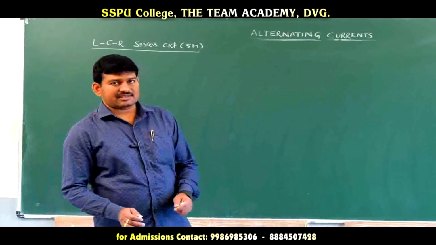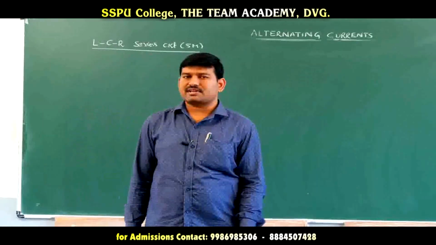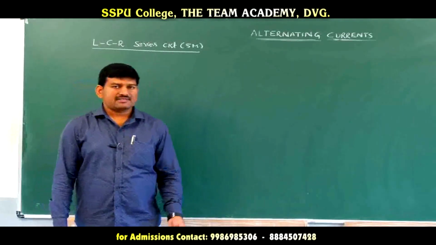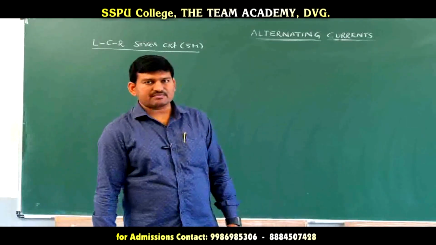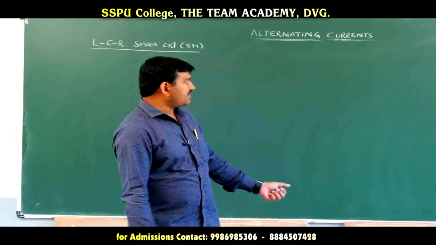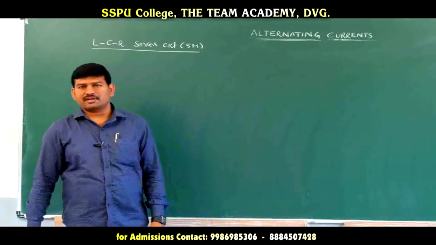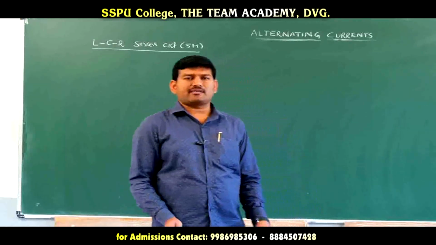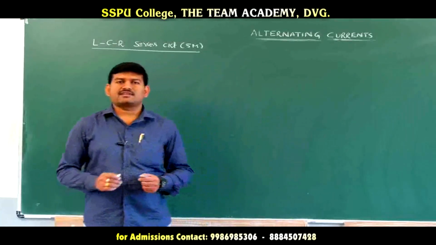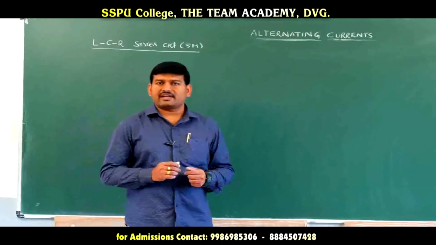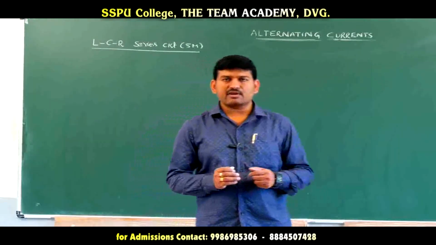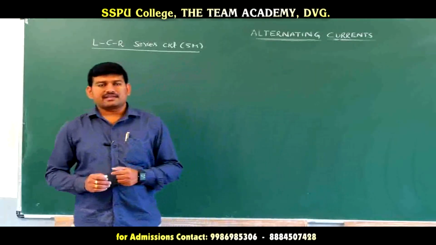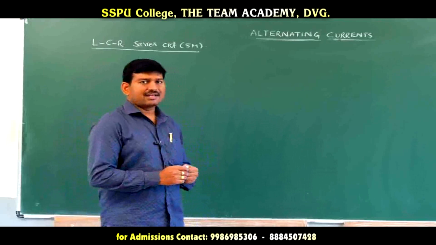So, in this LCR series circuit, we have two types of descriptions for finding the impedance and current. One is the analytical method and the other is the phasor method. Here, the analytical method is not in our syllabus; that is deleted from the topics and we have only the explanation of the LCR series circuit by the phasor diagram. Only by phasor diagram we are going to find the impedance of the circuit as well as the current in the LCR series circuit.